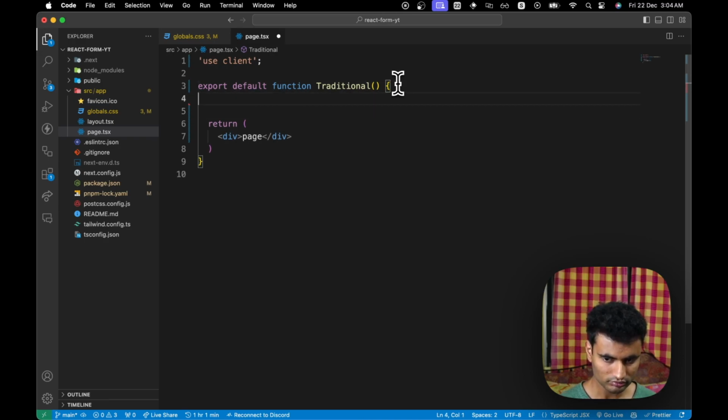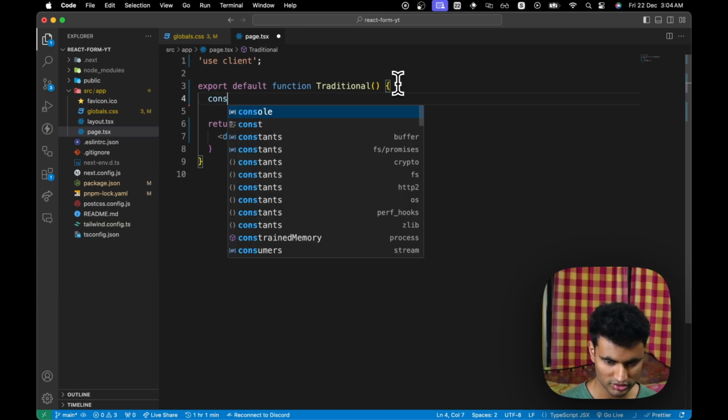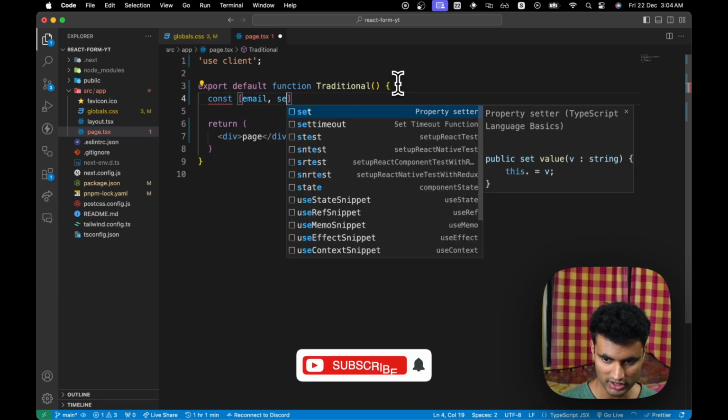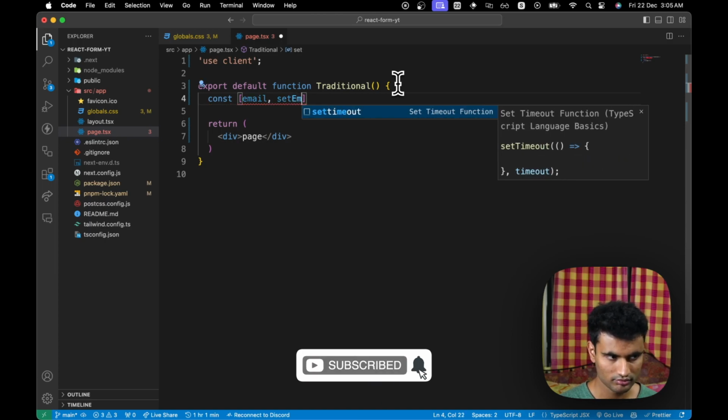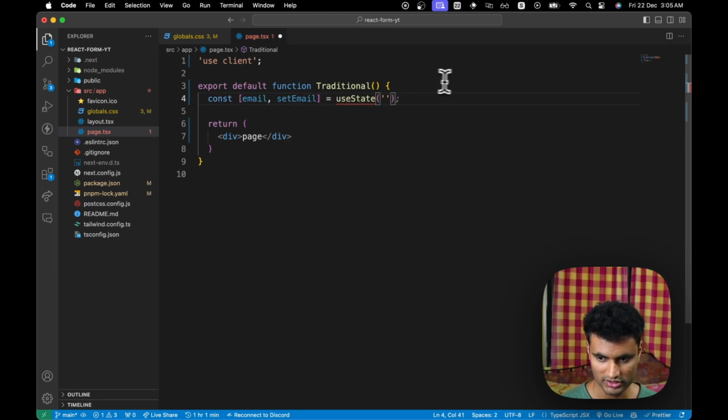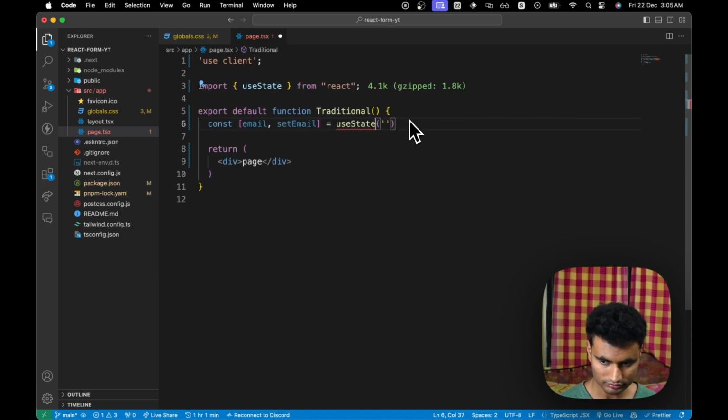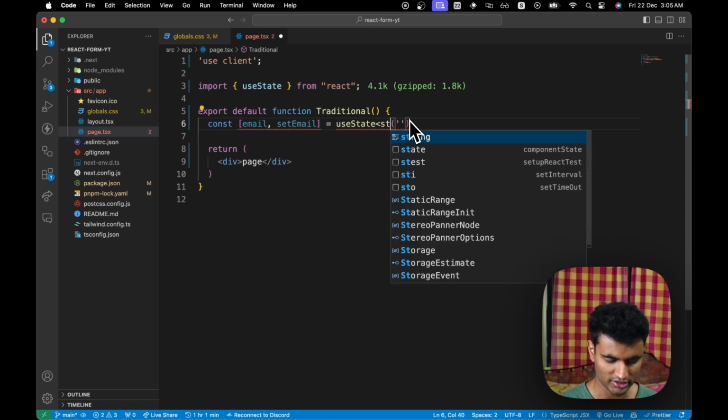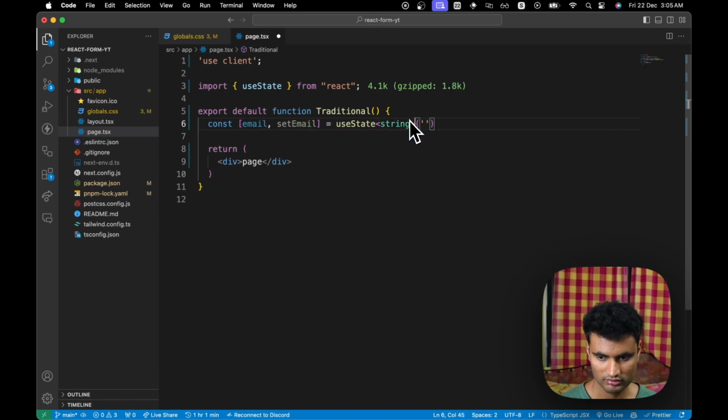So the first state we need is the email one. So we're going to do const email, setEmail is equal to useState, and let's first auto import this, and now we can even give it a type. So I can just say string,